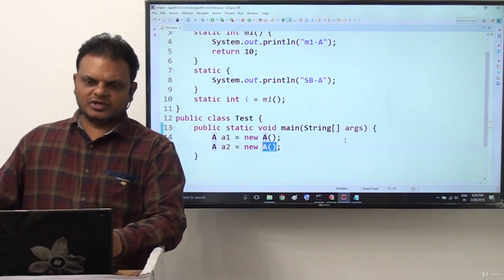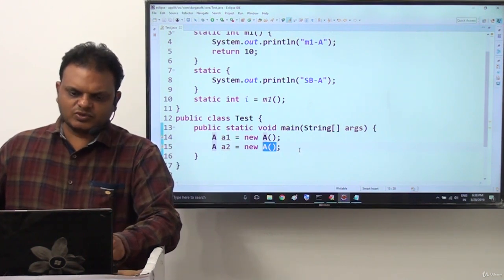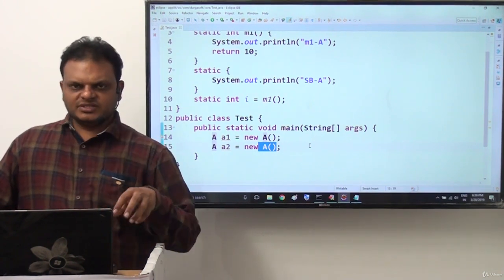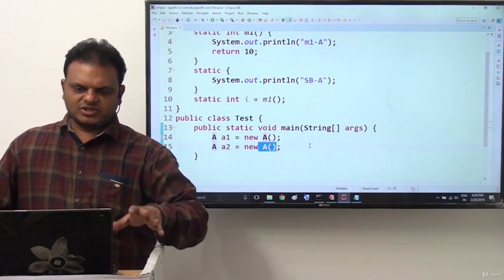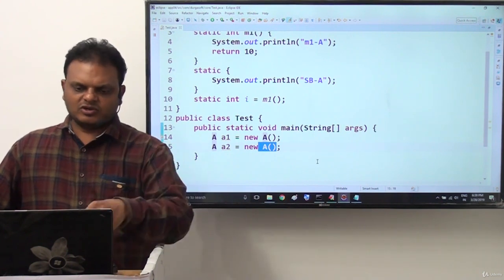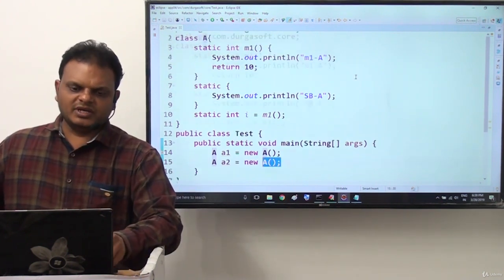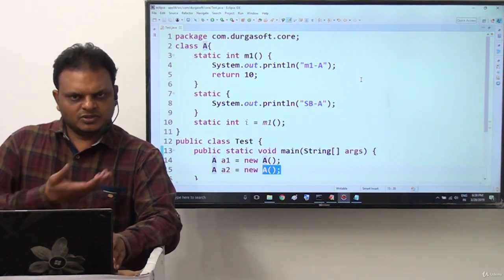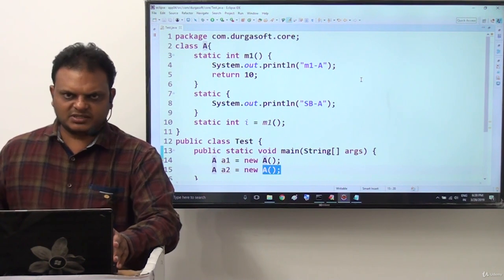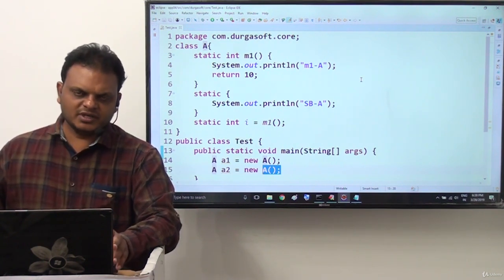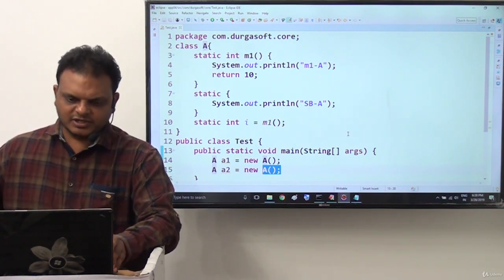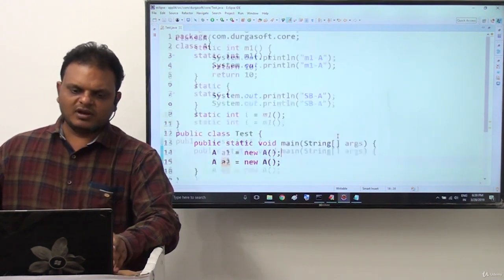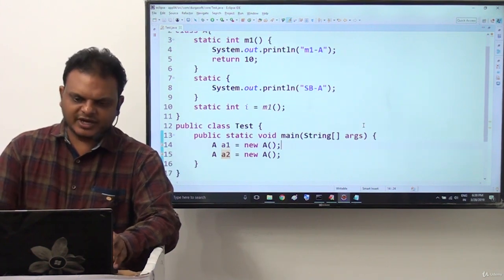The constructor will be executed once again here. Just before executing the constructor, if you have any instance context, that instance context will be recognized and executed. After that only, the constructor will be executed. In our program, no instance context is available and no explicit constructor is available, so the default constructor of class A will be executed. By the execution of the default constructor, the second object will be created. The second object reference value will be assigned to which variable? The a2 variable, clearly.